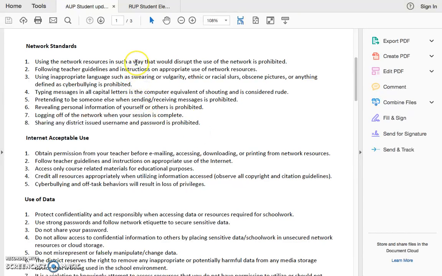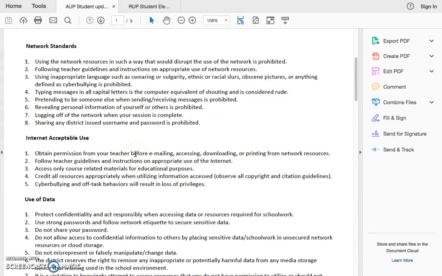So this includes doing activities that won't disrupt network running, following teachers' guidelines and instructions when using the network, maintaining appropriate language, and not using inappropriate etiquette such as typing in all caps, never pretending to be someone else or misrepresenting yourself online, never providing personal information to others, logging off when finished, and never sharing your district username and password.